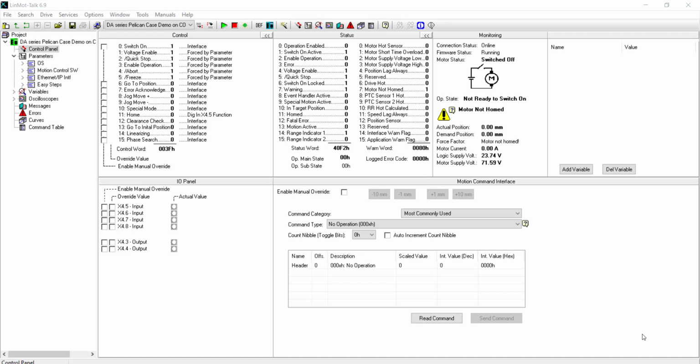The C-series drives have multiple analog inputs. The X4.11 and X4.10 are differential analog inputs, and the X4.9 is a single-ended analog input. Next, we will connect that input to a parameter. In this example, we connect the input to the maximal current parameter, which would allow the motor's force to be